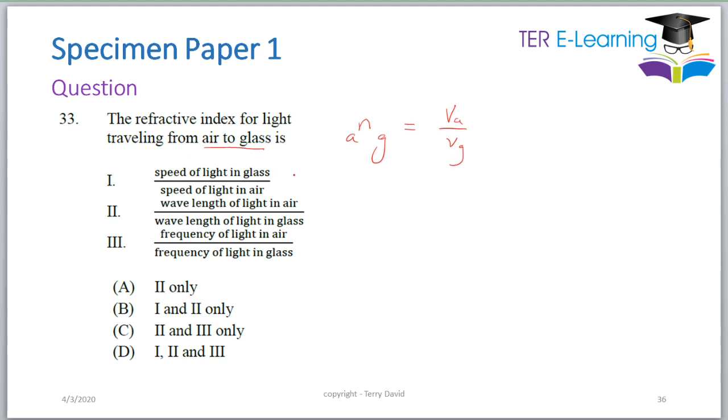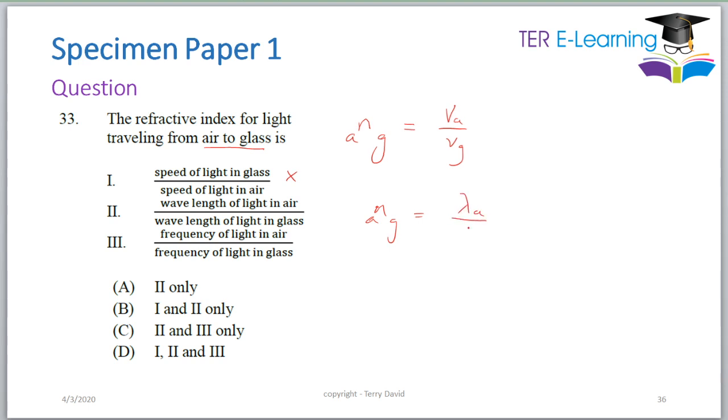So this one is not correct. Refractive index, so n air to glass, can also be